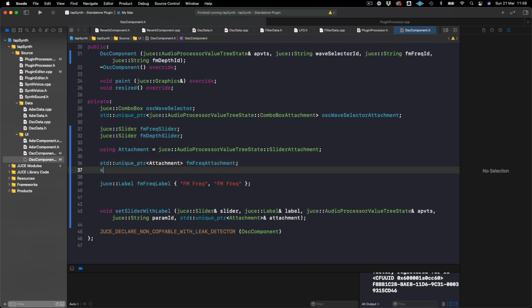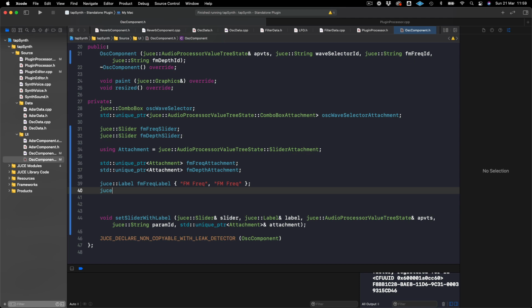Because now I'm going to make another unique pointer attachment, and this will be FM depth attachment, like that, and we will make another label, Juce label, FM depth label, and this will be FM depth, like that, and FM depth. Okay,